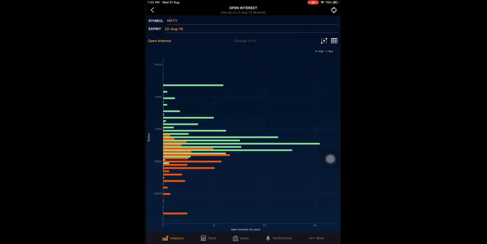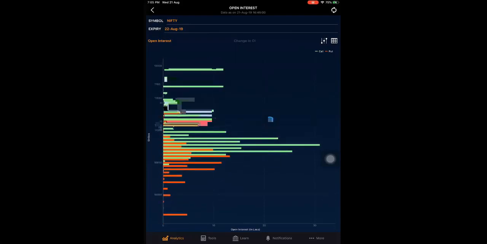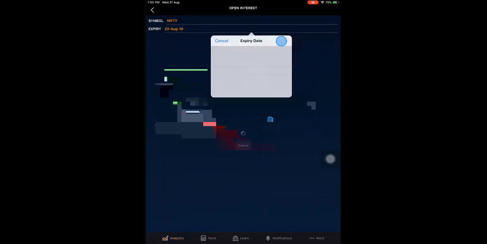You might be receiving a lot of notifications from our end on this concept, on this tool, on how we are using it. So on a weekly basis you come to know, say you have 11,100 as a very strong resistance. Supports are low on the weekly. Now when we come to monthly,